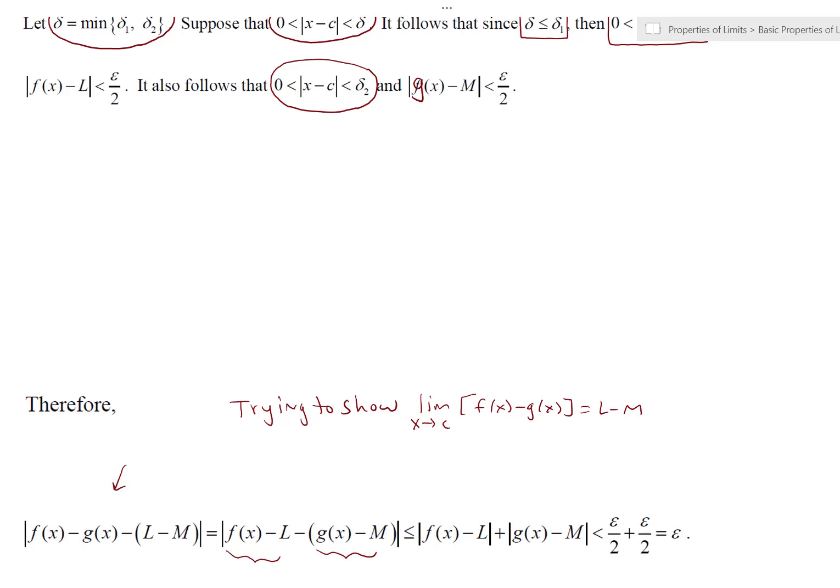And then in this next step, the claim is that that's going to be less than or equal to the magnitude of f of x minus L plus the magnitude of g of x minus M. So what's going on there? You probably need to have some kind of reference for this. There is an inequality that is very useful in proofs called the triangle inequality,